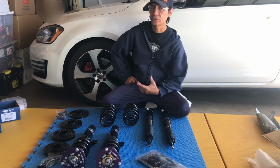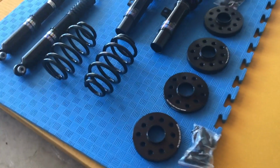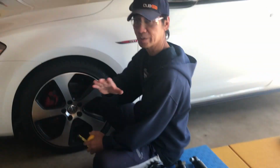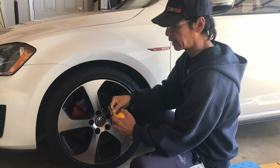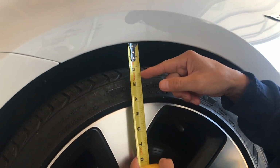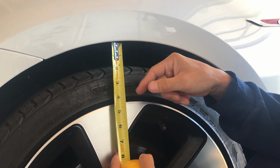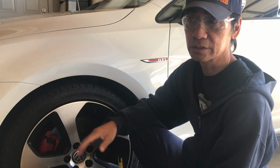I'm probably gonna lower it like 2 inches, and that should be enough because this car is pretty high. So the plan for the coilovers is to drop it around 2 inches. And I would say 2 inches would be about this low right here. Boom. Like that. I know some people think that's pretty aggressive, but I actually